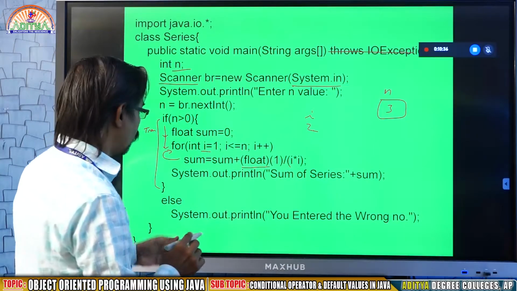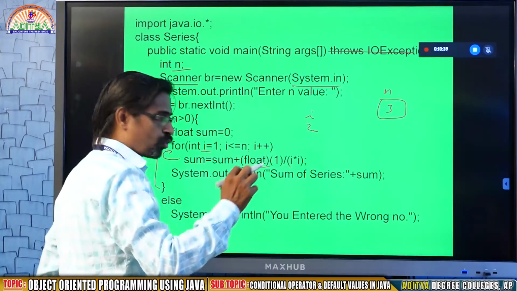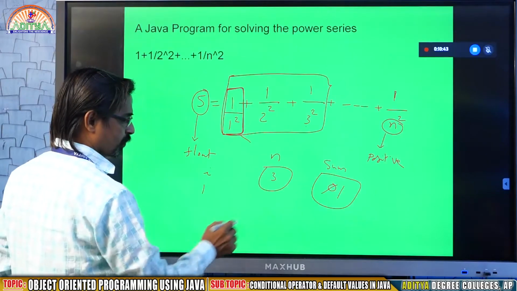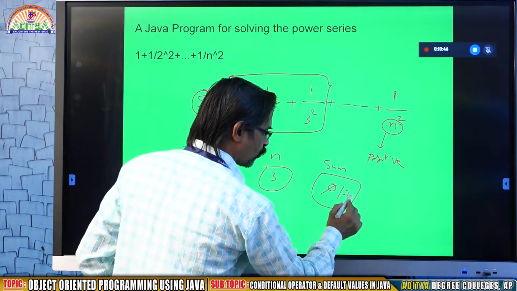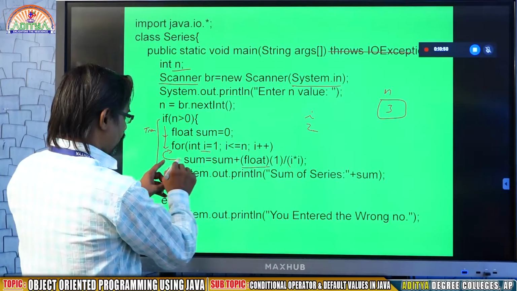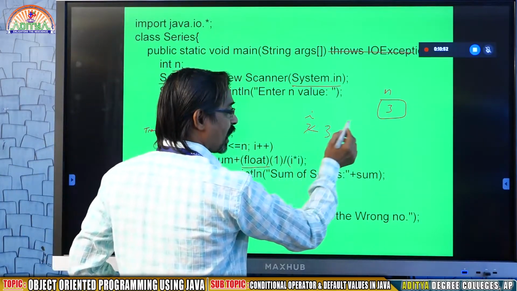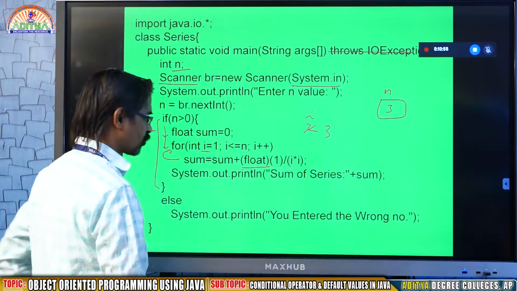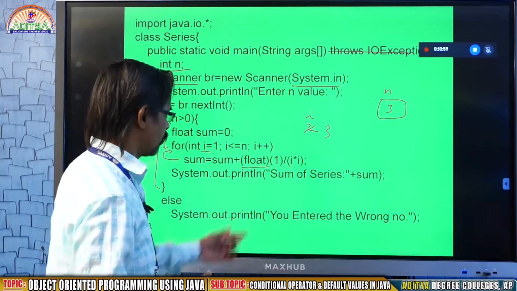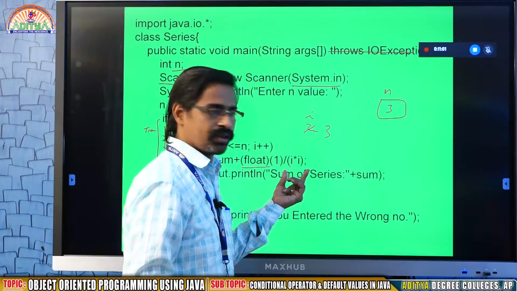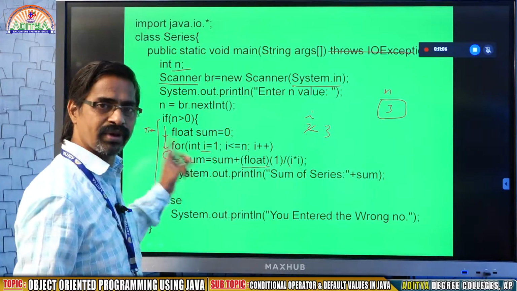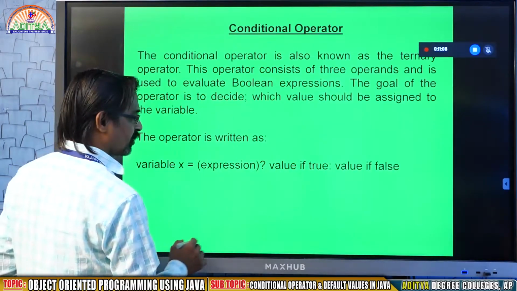That answer, 0.25, will be added to sum. Already the sum value is 1, this means 1.25. Now the next one, again go back, this time i value 3. I also asked up to 3 only. So come down, 1 by 3 square. 3 square means 3 into 3, 3 3s are 9, 1 by 9. That answer will be added to sum. Now you get the answer really.